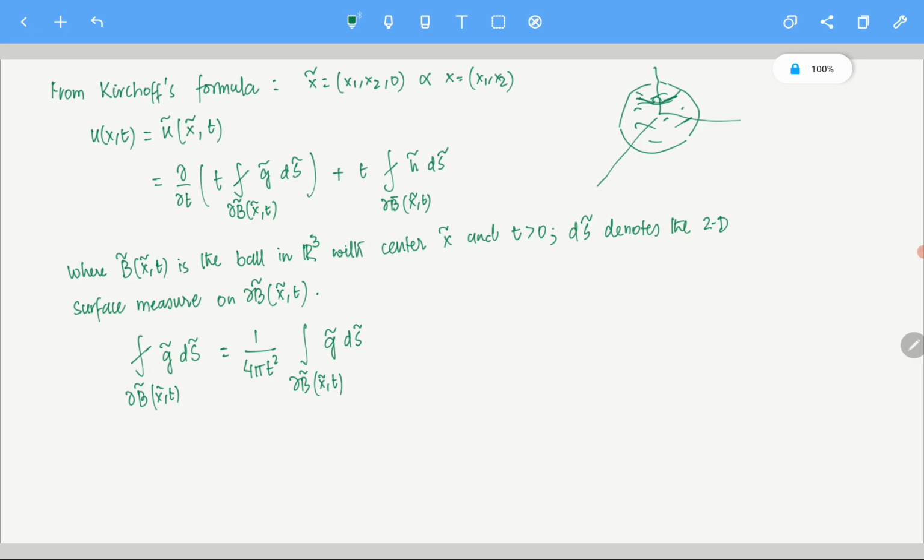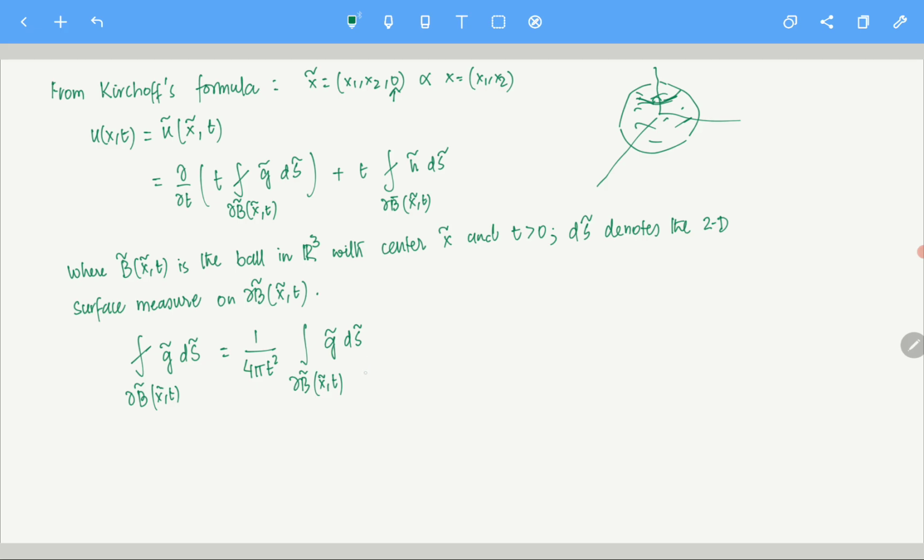Now what I am going to do is this. See, this g tilde is independent of the third variable. What am I saying? You see, x tilde is independent of the third variable. So basically what I am trying to say is, first of all, let me put it in the surface integral formula, and then I will do it.